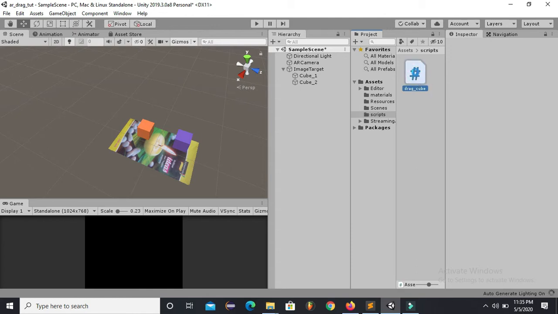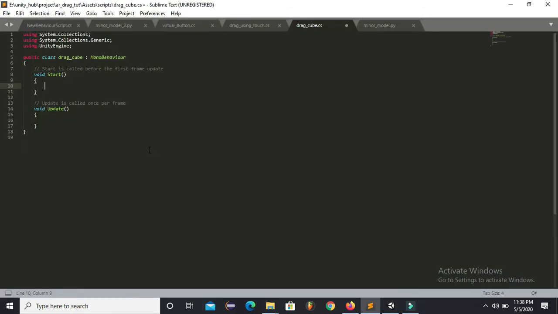Now I will open this script in Sublime. So now we have created our script, and first of all I will use this variable, and this variable will store whether the object is in motion or not.